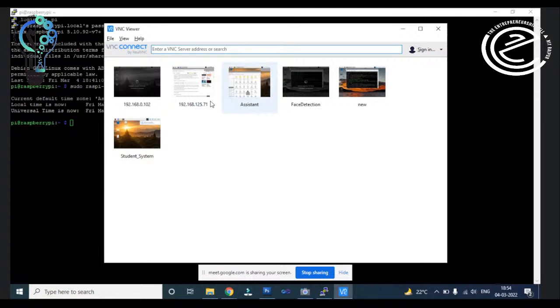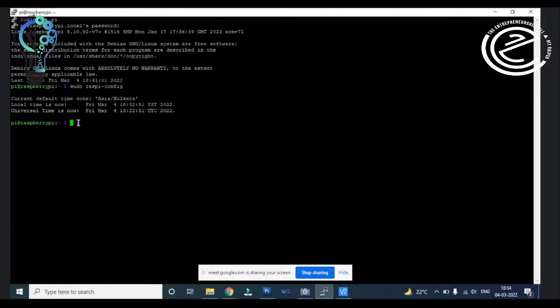Without IP you cannot use this VNC. So how will you get the IP? Because when you install this operating system in the Raspberry Pi, you will not get any wireless connection with this Raspberry Pi board.